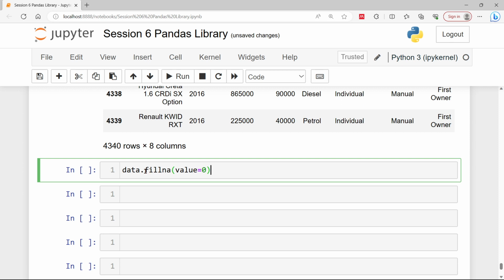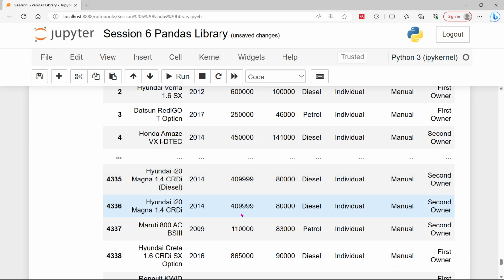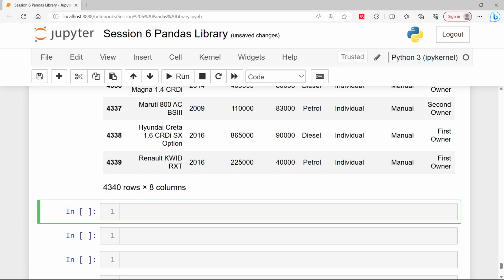So this function will replace all the null values with value equal to 0. Can you see, if you run this code, you will find 0 anywhere we had nulls. So we will get all the values replaced by this one, right? If you don't want to change by a constant value, such as 35 or 10,